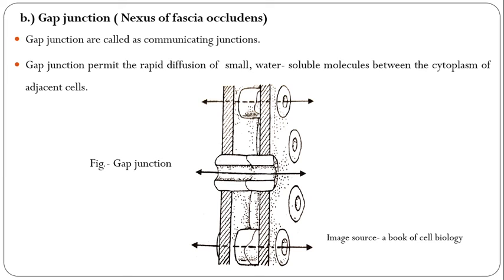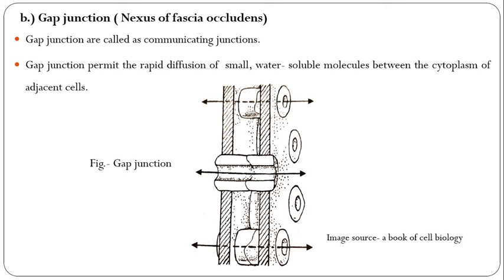They represent regions in which there are junctional channels, 1.5 to 2 nanometer in diameter, one channel's diameter is 1.5 to 2 nanometer, through which ions and small molecules can